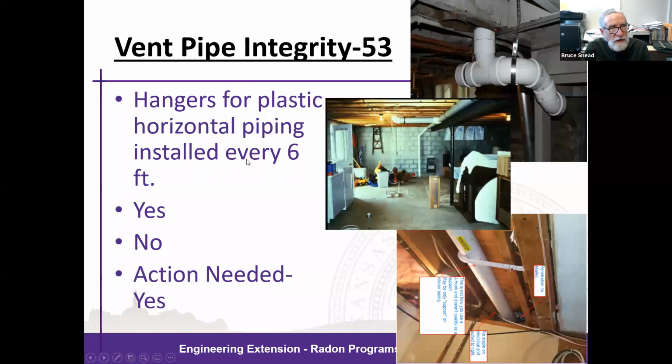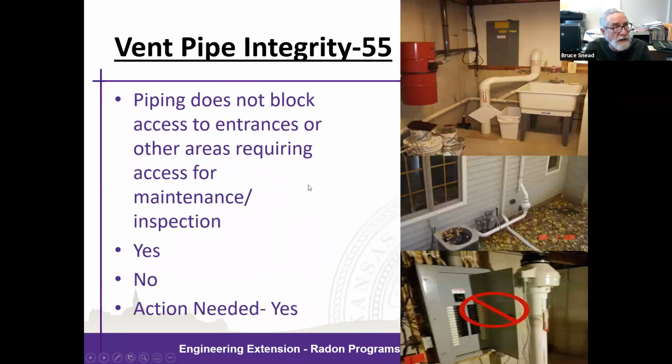Are there hangers at least every 6 feet horizontally for horizontal pipe configurations? And you can see proper installation here with wiring, with joist, and then improper ones where a joist hanger or J-hook is used horizontally, and that's not going to provide proper support. So are we properly supporting the pipe so it doesn't sag?